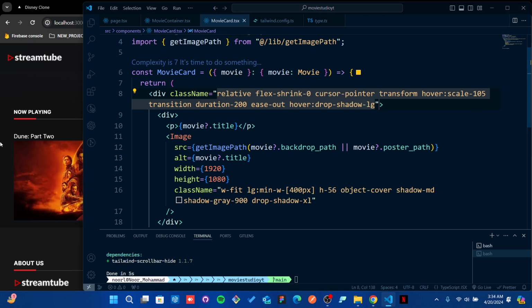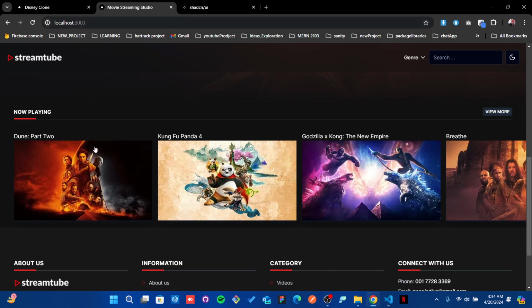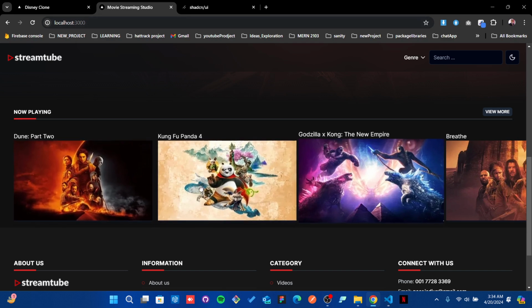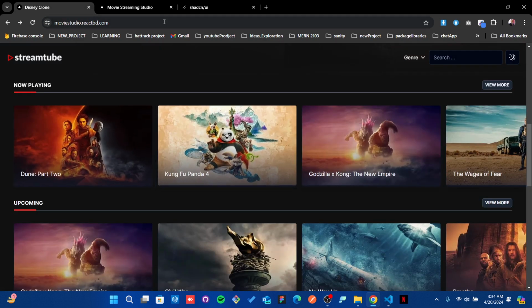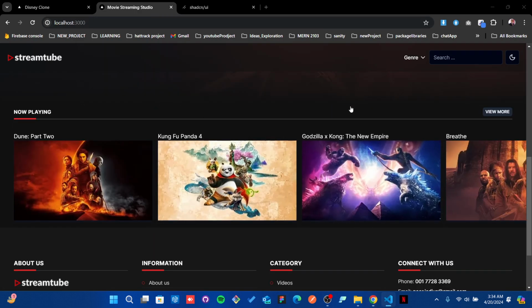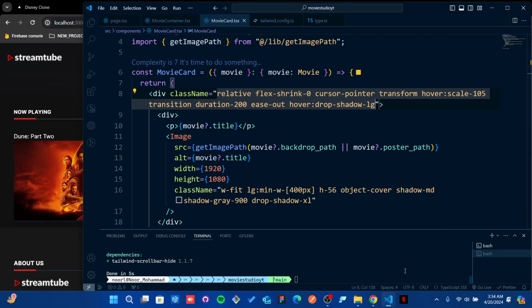Okay, let's hit save. As you see, it's happening, but it's not giving that effect. Don't worry, we're going to provide that also. How are we going to provide it? In that particular div, we can go with that